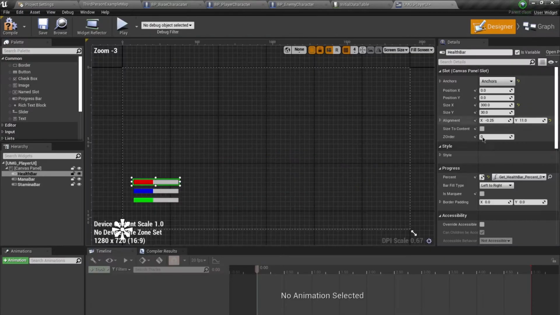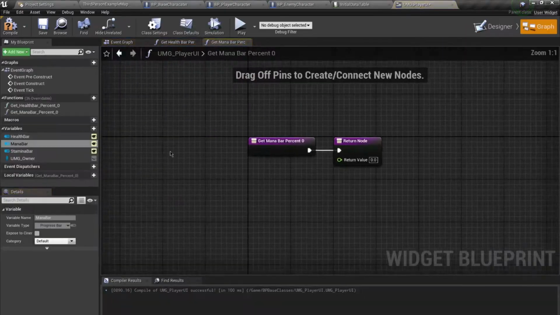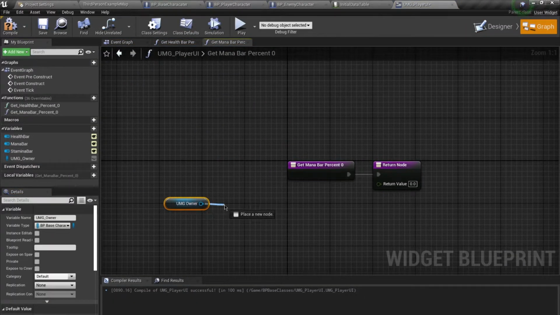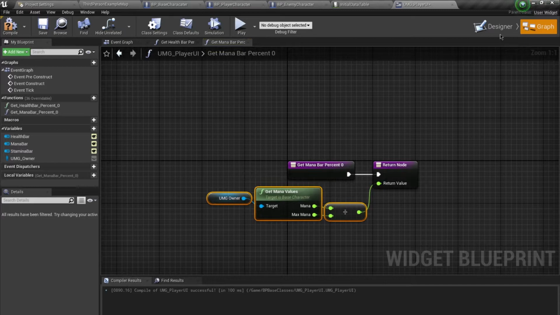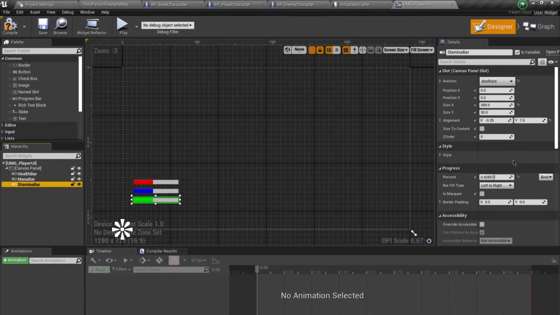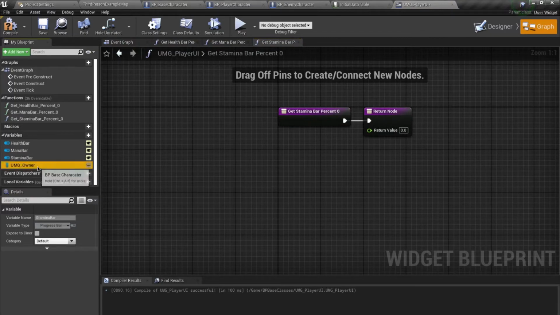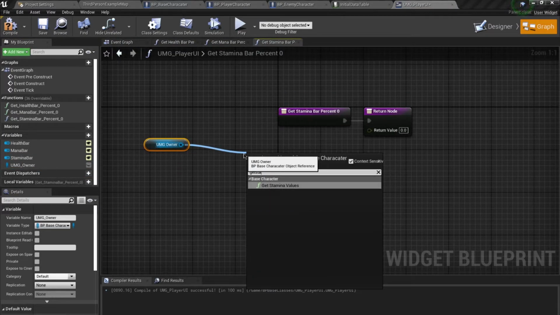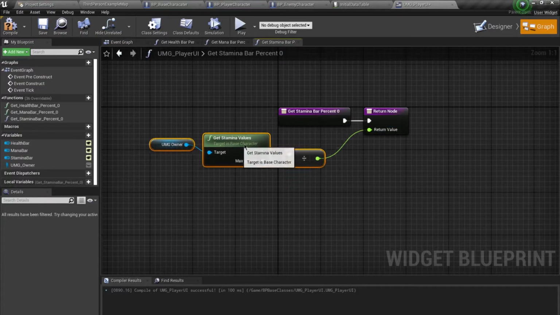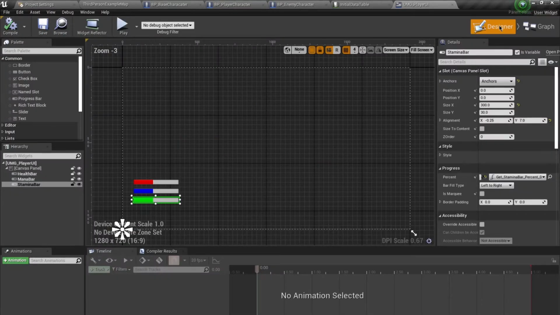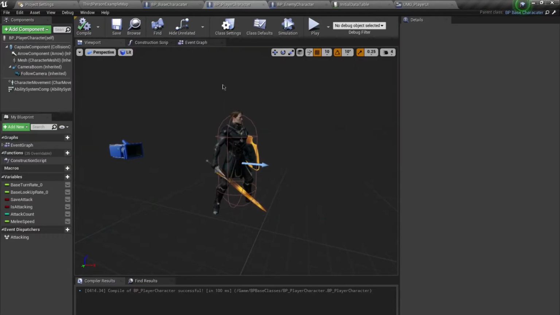Similarly, we're going to do one for mana with binding and drag this out, get mana values, drag this out, and going to be over here. Okay, similarly for stamina, bind, we're going to stretch it out, get stamina values, and divide these two values. Okay, oops. Now this is done, and what we're going to do is inside of our player character actually,